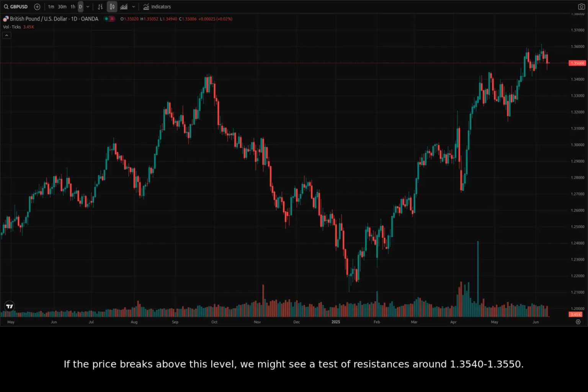If the price breaks above this level, we might see a test of resistances around 1.3540 to 1.3550. However, failure to hold above 1.3500 could lead to support tests at 1.3400 and